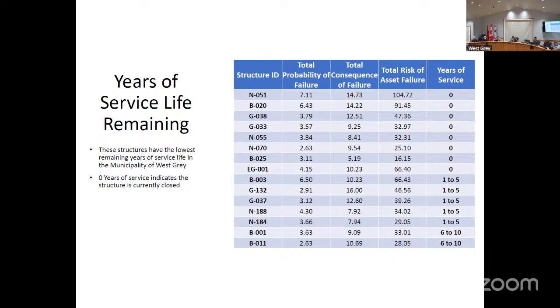Sort of. N060 on the total risk of asset failure, highest risk. Yeah, it's closed. N60 is open. It is open. That's on your 12th concession, the Three Bridges Road. Oh, I apologize. That's okay. Unfortunately, as a